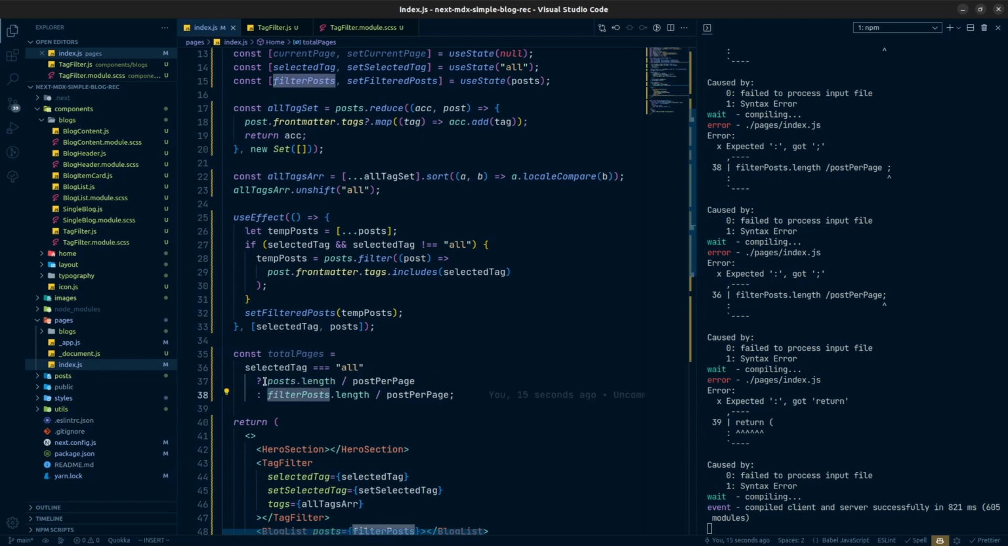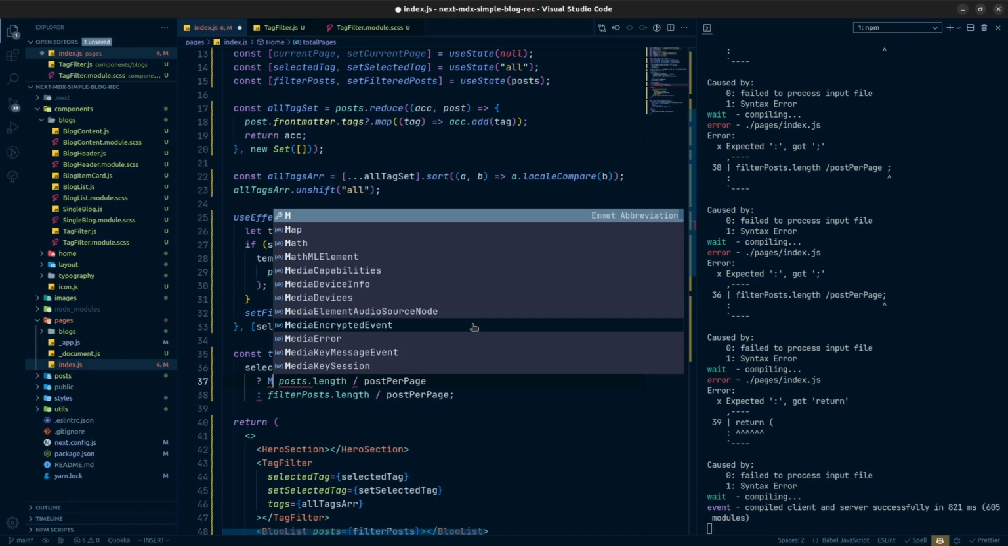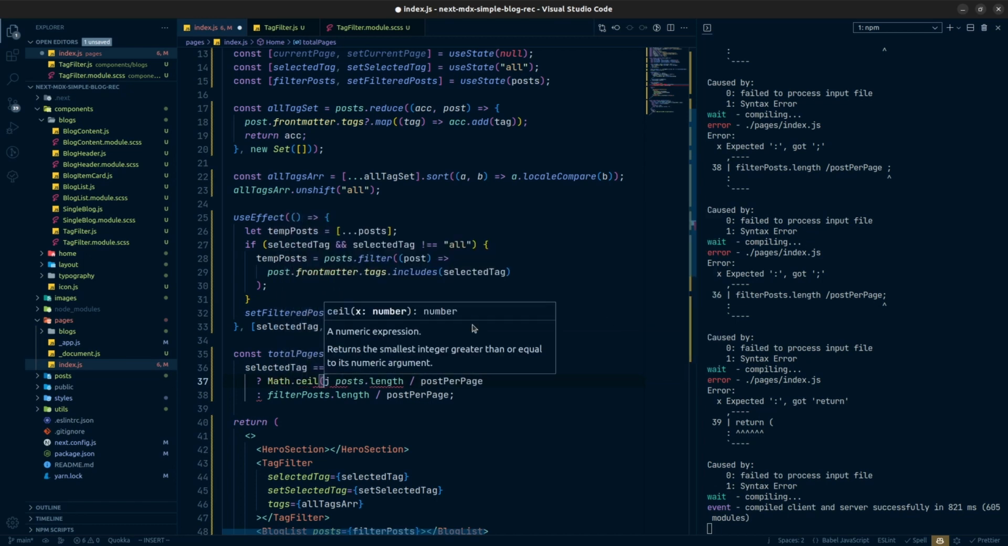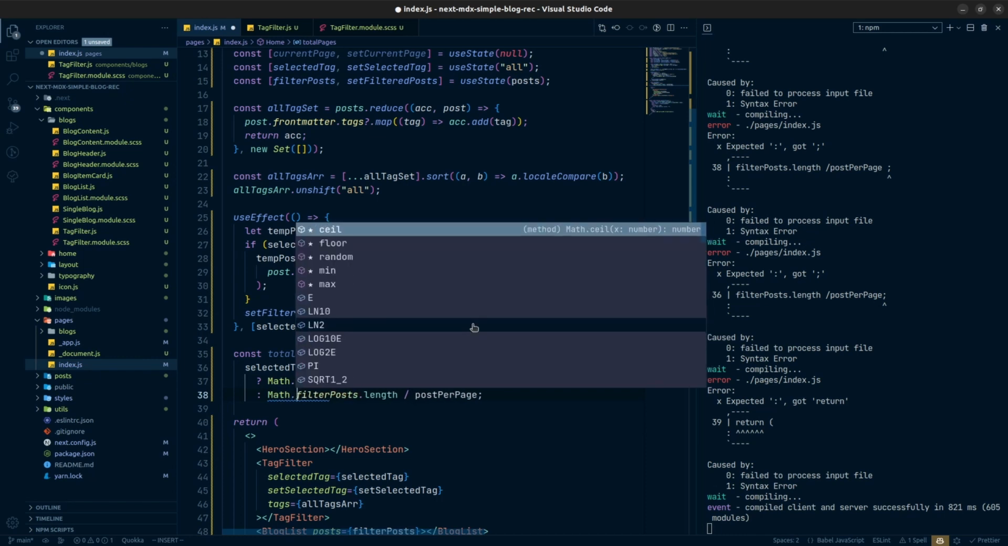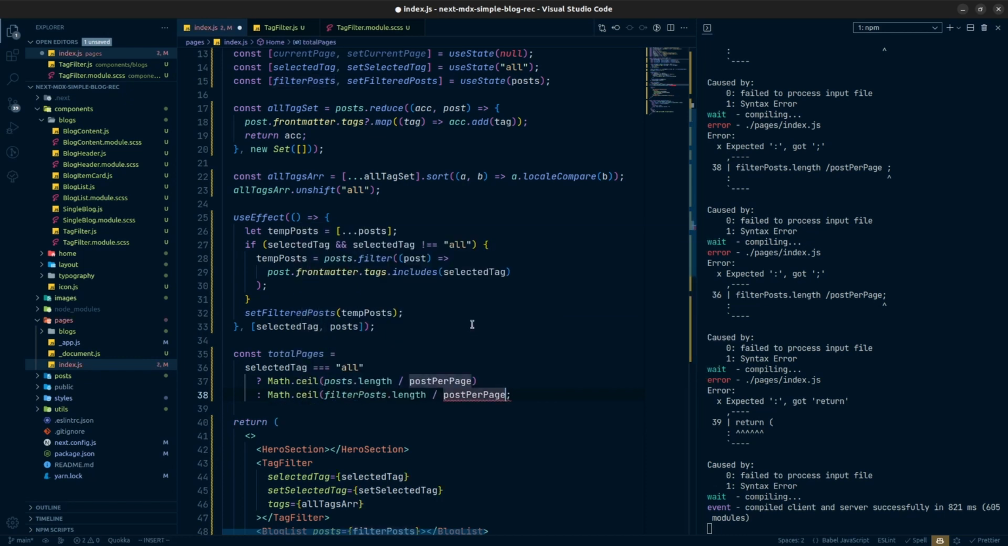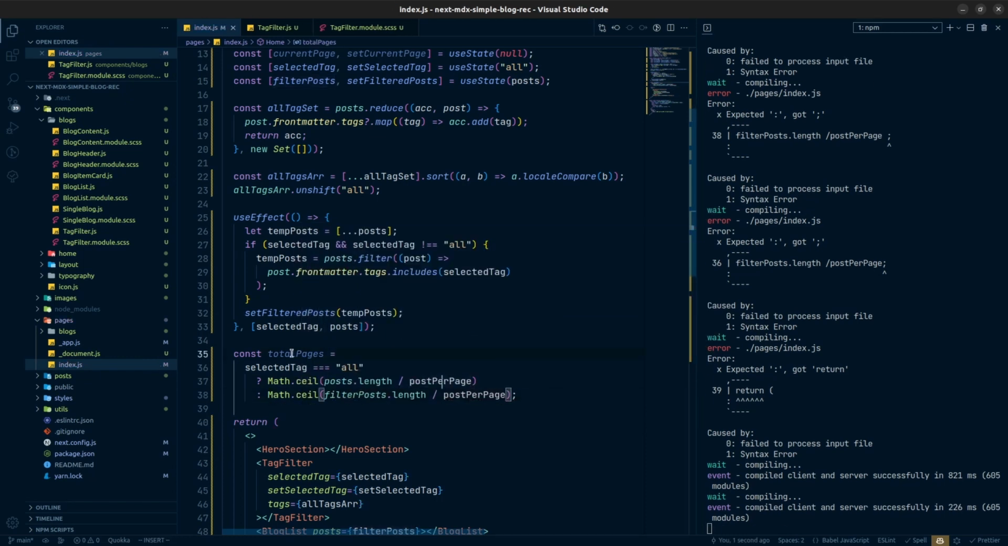So it will do the job, but to make sure, I will actually seal it, because sometimes it will give you an unexpected number. So Math.ceil, and I will seal this whole thing with that, and I'll do the same thing here, Math.ceil, and like that. So now we will have our total pages. Great. And the last thing that I need to do is I need to come here,